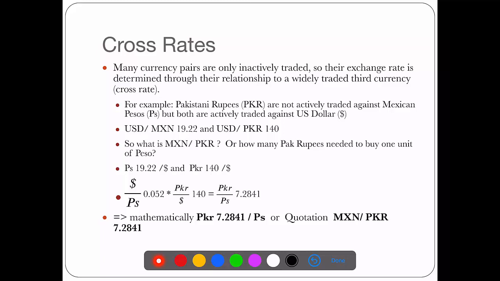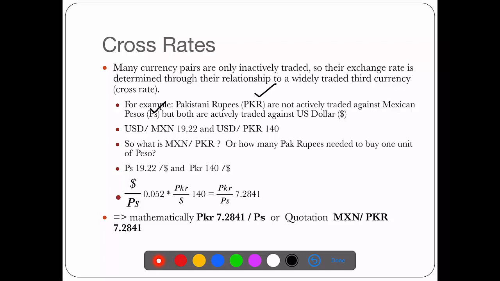How can I get the Mexican pesos, and what is the rate between them? These two currencies, Pak rupees and Mexican pesos, are not traded against each other, but they are traded against US dollars. So in that case, we will find out the exchange rate between the Pak rupees and Mexican pesos using